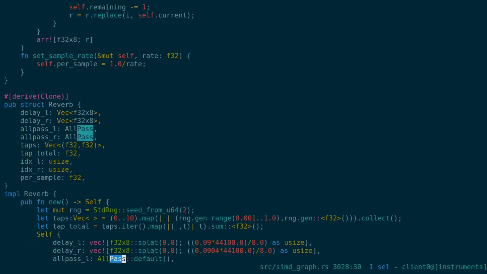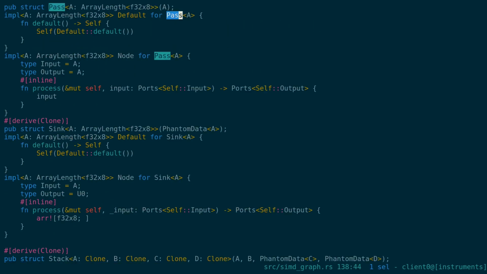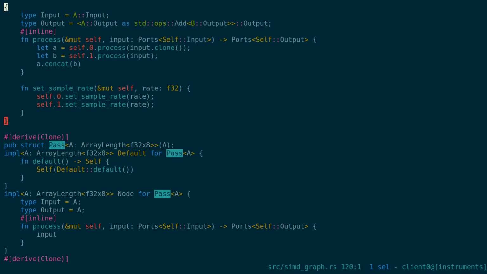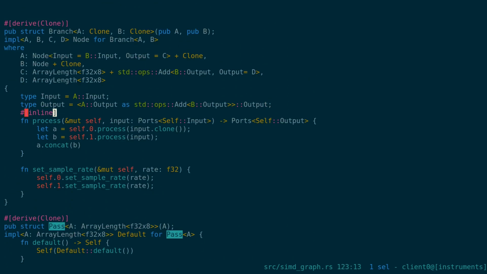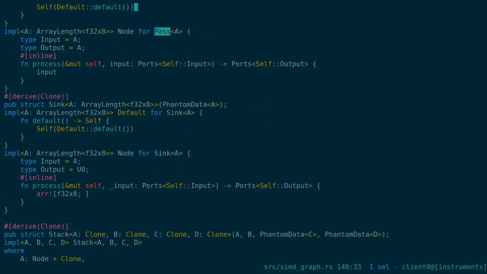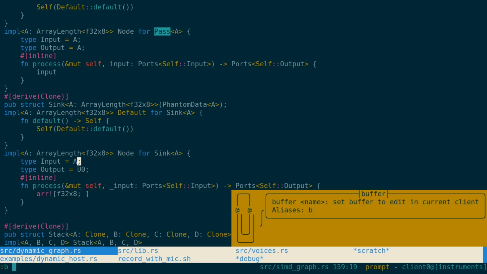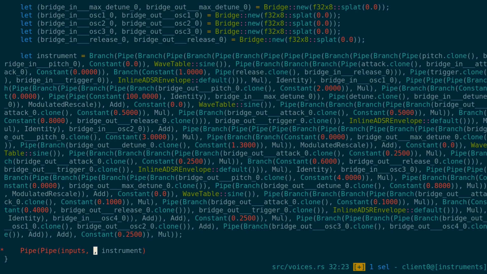No. The opposite of pass. What did I call it? Branch. Sync? Is this it? This takes an input of any type and produces output of nothing. So sync is what I want. Okay. So if I pipe that into a sync,